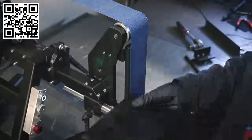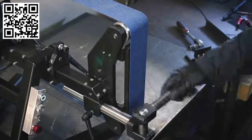So someone asked me if the table setup is rigid enough, and since the system is so flexible,